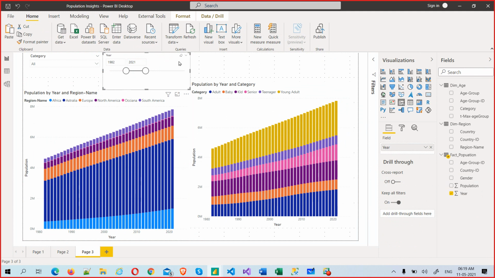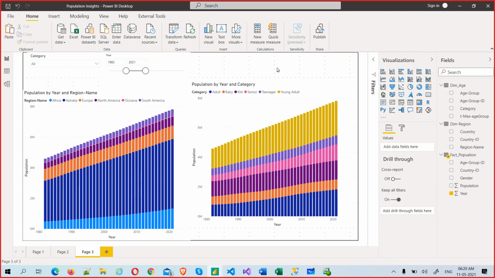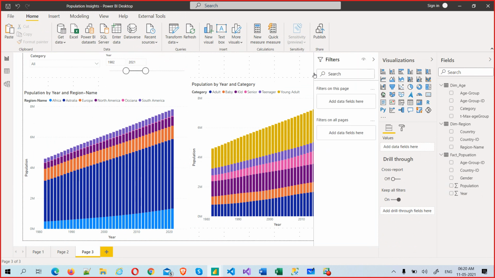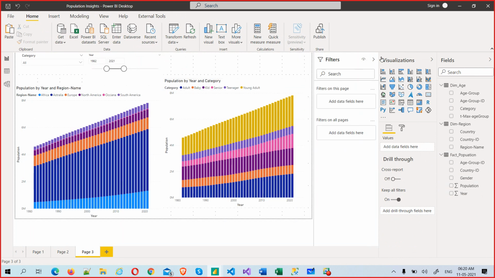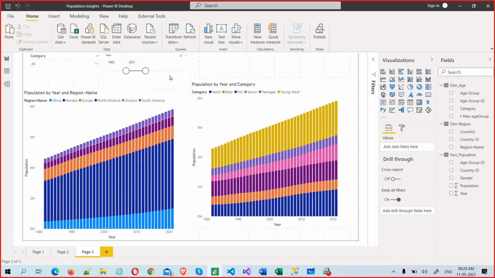A lot of things you can do and a lot of formatting. There are types actually. We already talked about... no, we have not talked about them in this batch. We will talk about slicers in a separate class, but just understand slicer is a visual, filter is an inbuilt filter. Filter is different, slicer is different. There's a lot of difference between filter and slicer. Being said that, now we have actually done this project and I can give it a name.